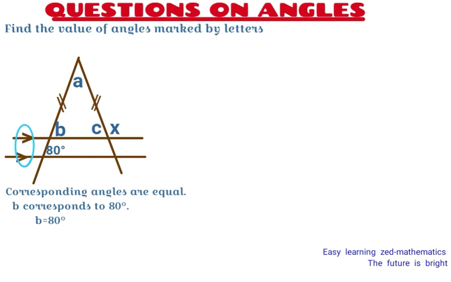Now we're going to find C. I'm going to demarcate there. Once I've done that, I'm going to look at the property I can use. As you can see, we have found the value of B. The angle B is 80 degrees. Now I want to find C. So as I said earlier on,